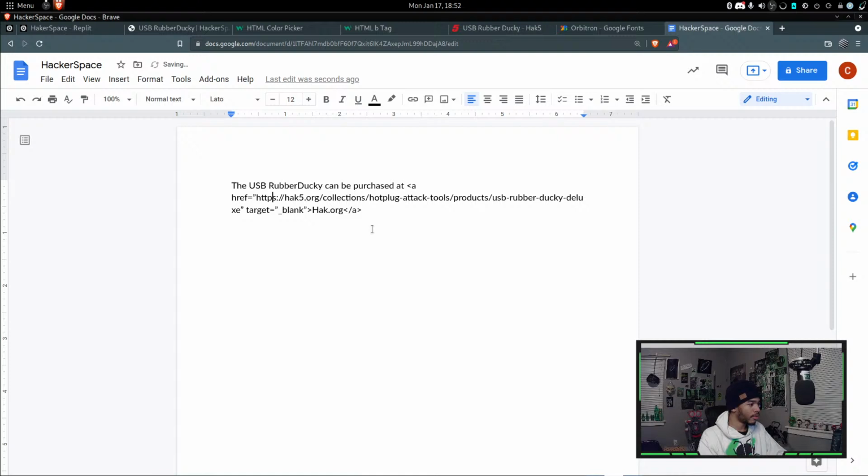So remove the link. I just need the plain text, because this will work as a link in our code. And then we would say, here you can purchase plenty of other cool pieces of gear. Is that right? Pieces of gear? That doesn't sound right to me. I gotta be honest. The USB rubber ducky can be purchased at hack5.org. Here you can purchase plenty of other cool types of